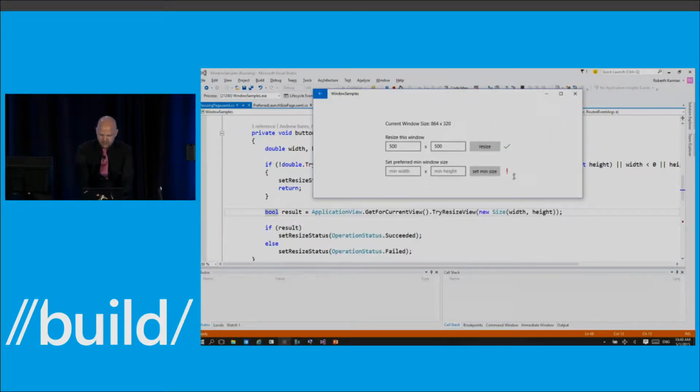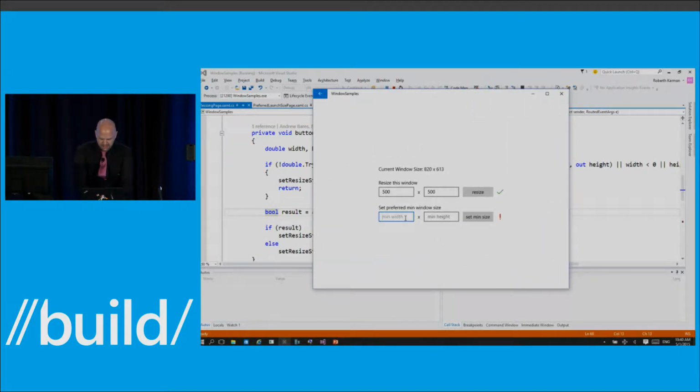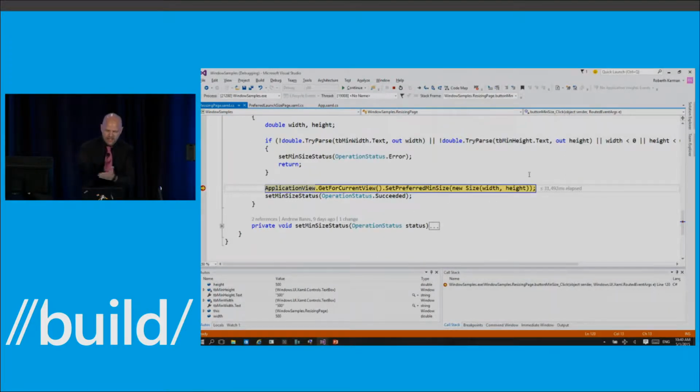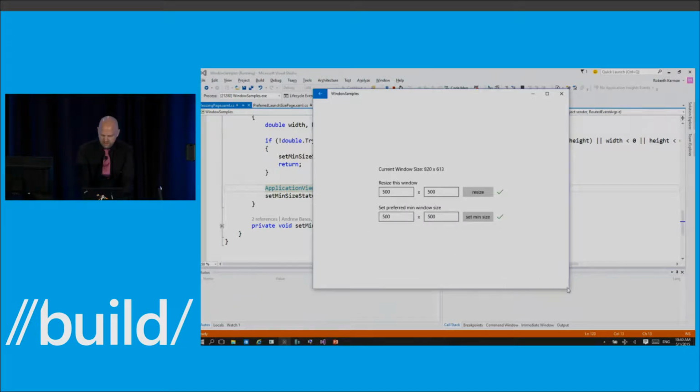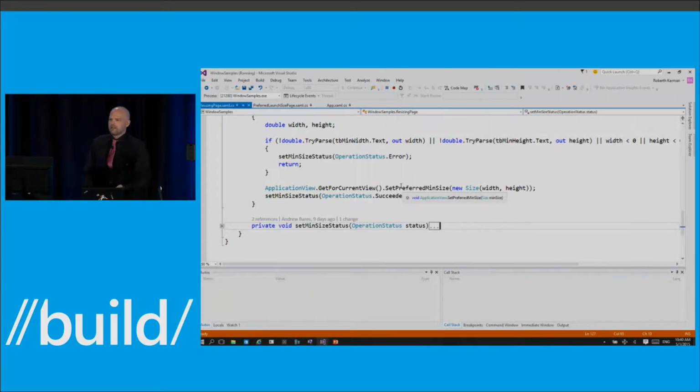I think the actual minimum size is something around 500 by 320 right now. And since I set it at 500, 500, let's say we actually don't want the user to go lower. Again, it's a one-line API, so pretty straightforward. We set a new windowing minimum size, and hopefully, yeah, I can now not go further down. And you see the set preferred, it's try, set some things, and this is of course all because